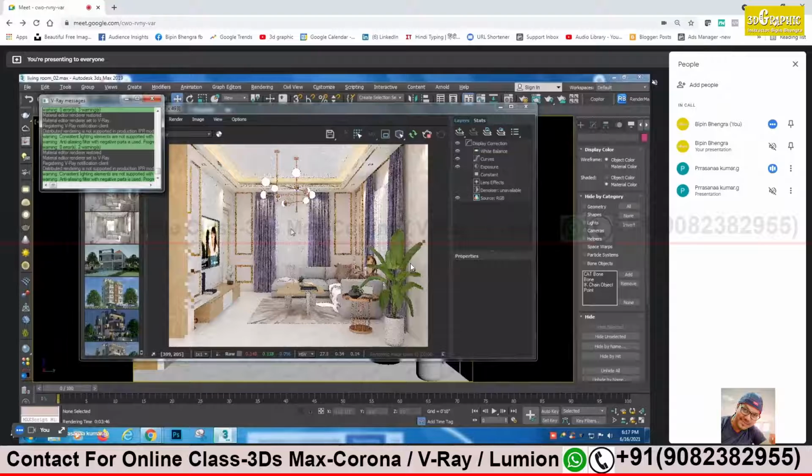I think this curtain opacity I have to increase. In case the opacity, the outside should be a little bit visible. Yes. And you have to reduce the intensity. Yes, it's too bright. That's good, but it's too bright. Okay. Now we'll work on the curtain, sir. Yeah, curtain. Stop render.